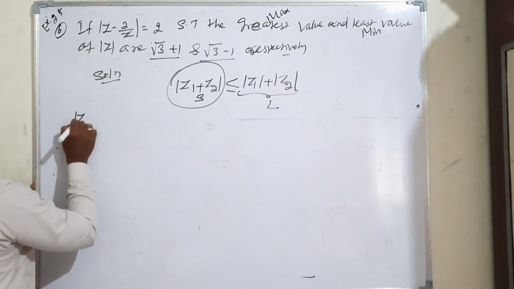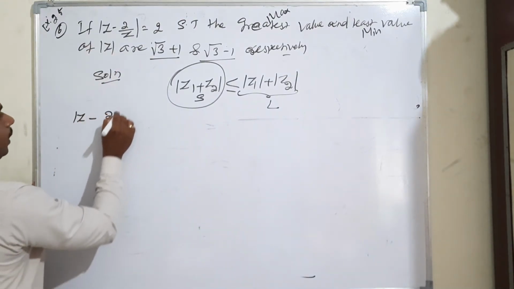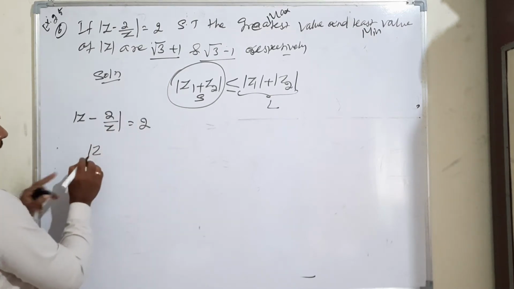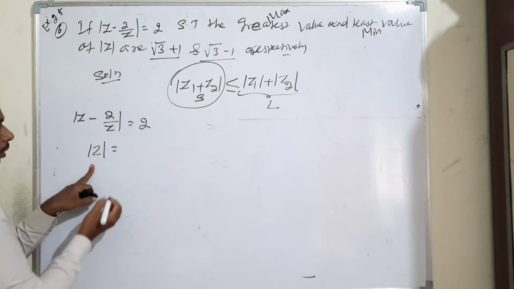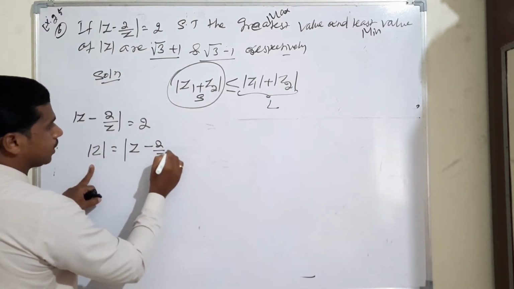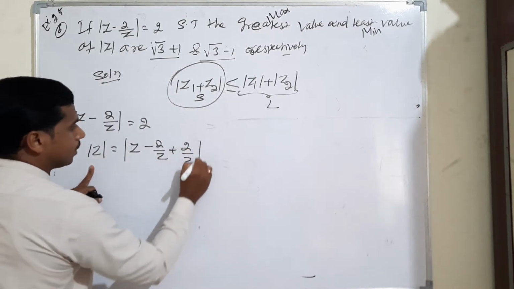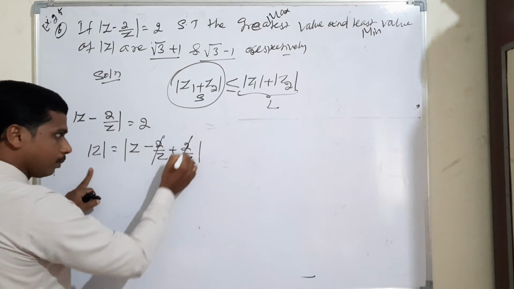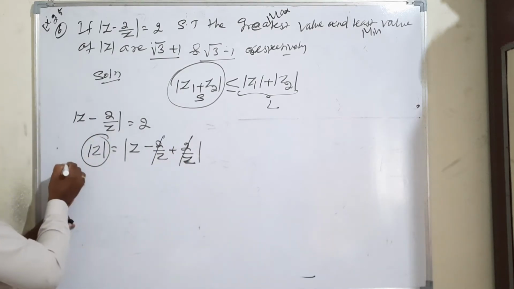The given value is modulus of z minus 2 by z is equal to 2. Okay. Now just imagine one extra term. Modulus of z means what? Actually modulus of z means just add it: z minus 2 by z plus 2 by z. If you take the example, minus 2 by z plus 2 by z cancel, so this modulus of z will become